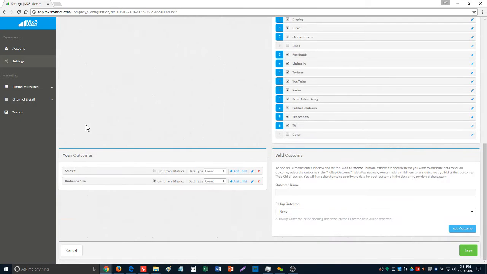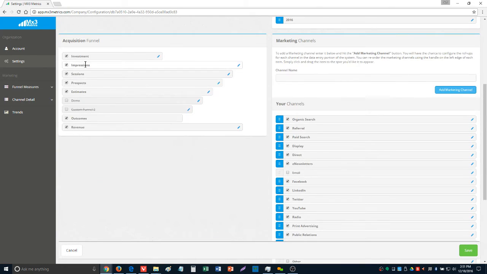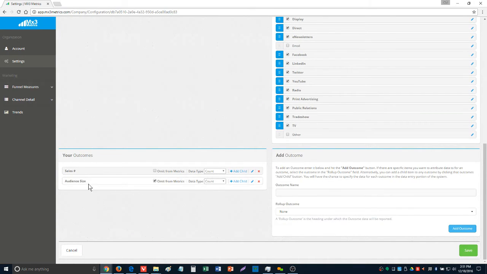The final step in setting up the marketing metrics architecture is to figure out what outcomes you want. Up here you're making an investment and you want some kind of result. One of the outcomes, obviously, is revenue, but you may want to look at other things, for example, sales number and audience size. And I'll show you in a bit what audience size looks like. You add in the outcomes here, and